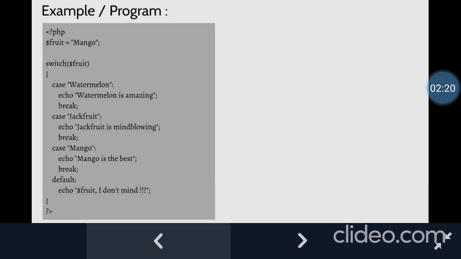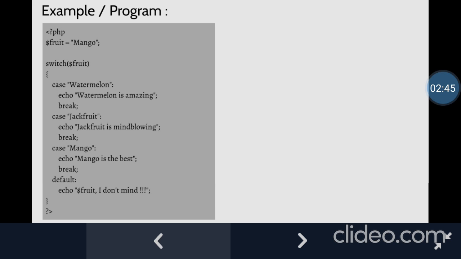Now what will be the output of the code? Pay attention. $fruit is equal to mango. So mango is the value of $fruit. Switch $fruit, that means switch mango. Now we will start matching with the cases. Case 1 is watermelon. Does mango match with watermelon?